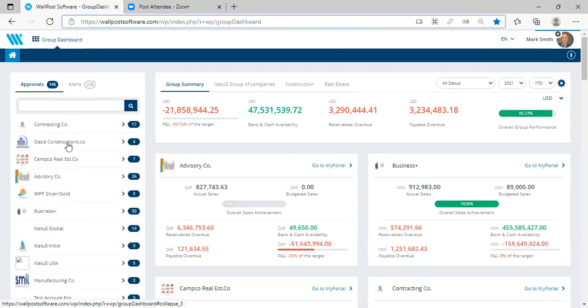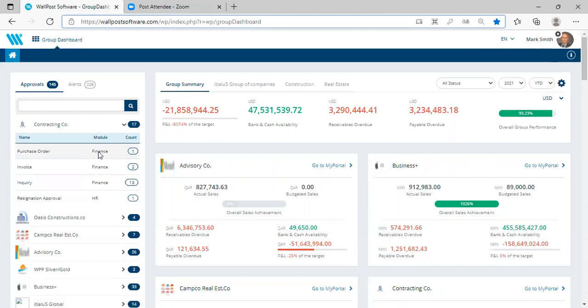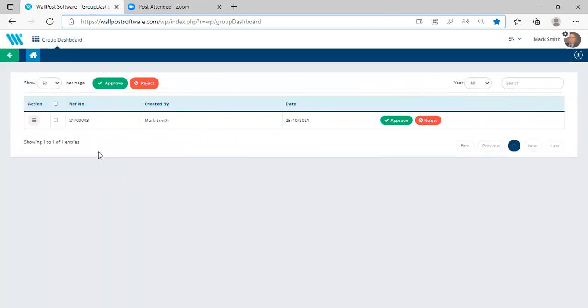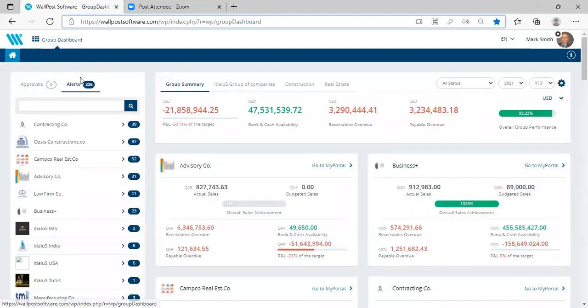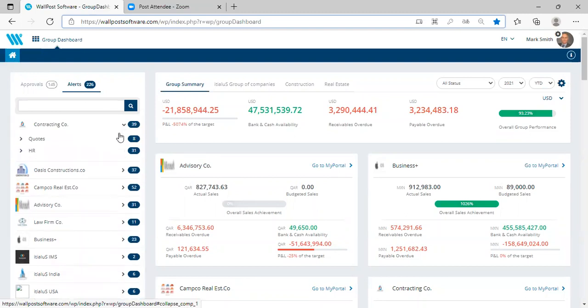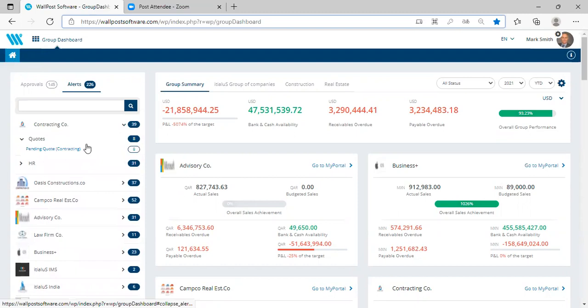Now on the left-hand side, I have a centralized view of all the approvals and alerts that are directed to the company owner for their action. On this screen, I can approve requests or reject requests based on the departments that are raising it. I can bulk approve and reject as well. And if there are any activities that have crossed the timeline, I can just click on the alerts tab and navigate to that specific department and see the list of activities that have been delayed, so that I can speak to the respective department head or department member to expedite that request.